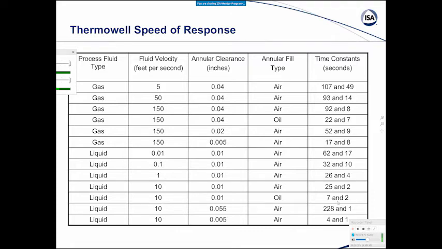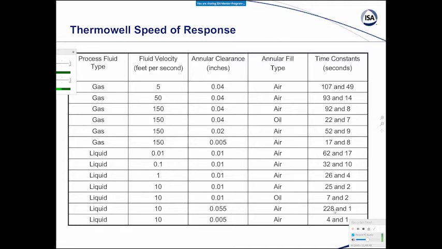Now we increase velocity, and we can see that we can reduce that significantly. And then if we use oil. And the problem with oil is at very high temperatures it can get sticky. And then you have to make sure also that the oil is in the tip. So, you know, if you have it installed horizontal or if you have the tip pointing upward, that's going to be, of course, a problem.